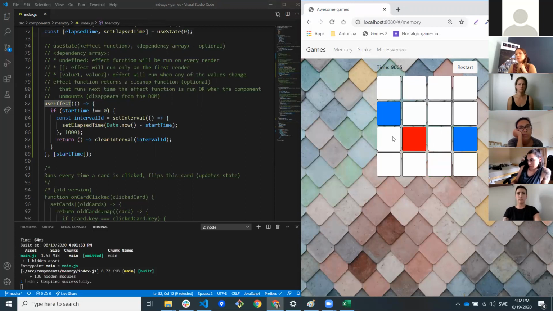There are some bits and pieces that we haven't implemented yet. One is that the timer should stop when we win. Right now it only stops when we restart. And that's something that we will do tomorrow. We'll stop the timer when